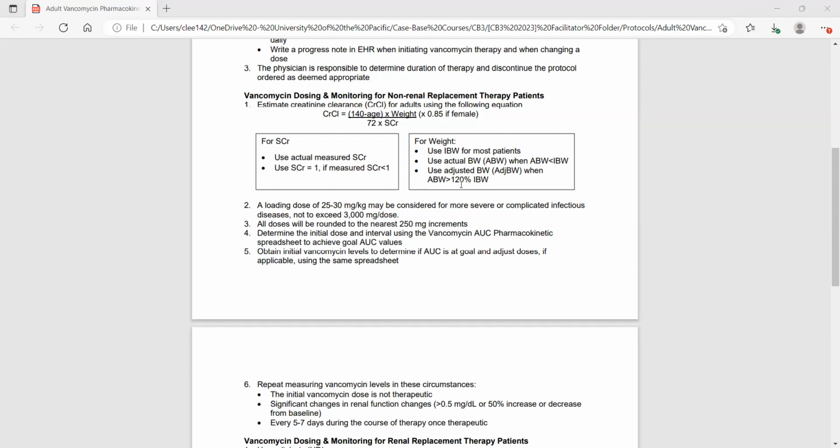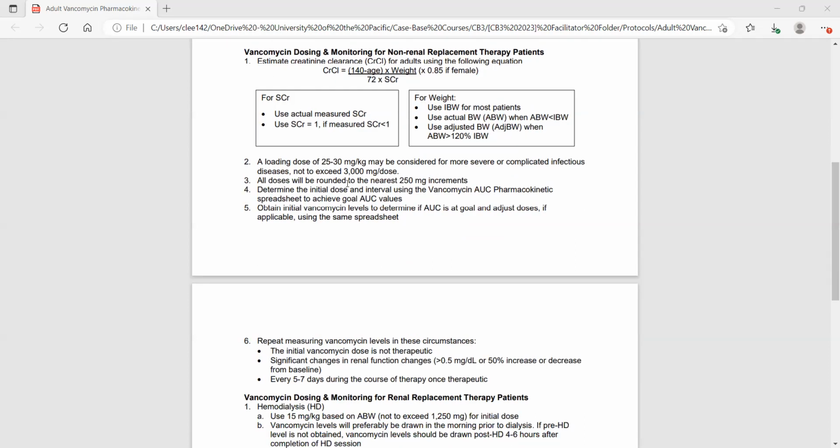But again, I usually do it by the BMI cutoff. If it's normal, then I use the actual body weight. If they're overweight, between BMI 25 to like 30, I use the ideal body weight. And if they're obese, more than BMI of 30, then I use adjusted body weight. That's just my practice. A lot of times, different hospitals and different providers will have different